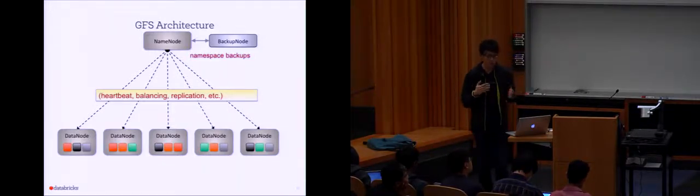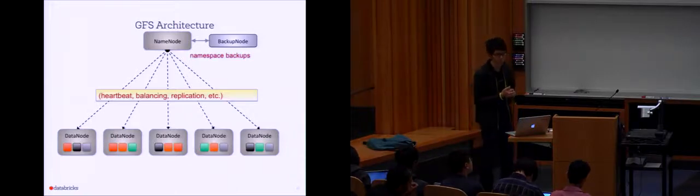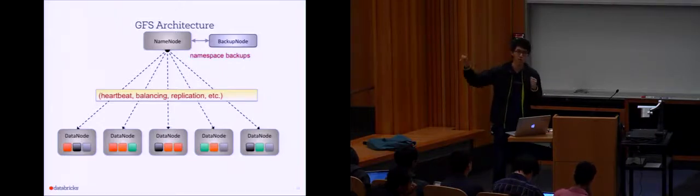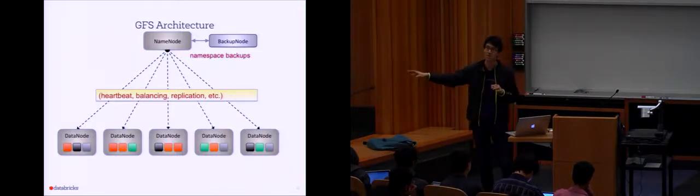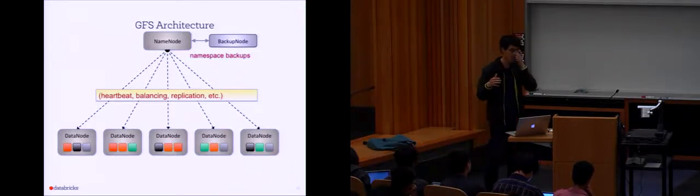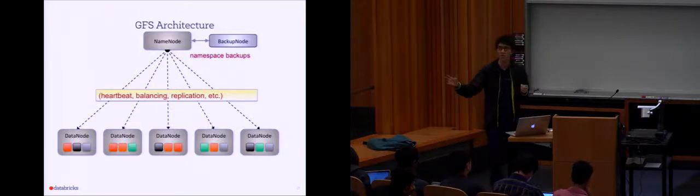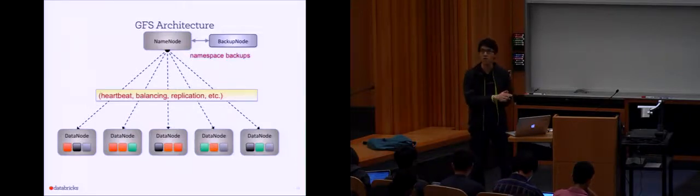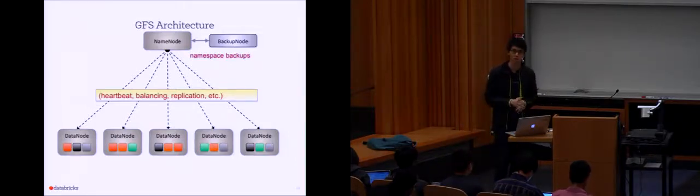The name node is also responsible for a lot of the coordination. For example, you use a mechanism called heartbeat, which is: I'm going to send you a message every few seconds, and if I don't hear back, I'm going to consider this data node dead. Once the name node considers a data node dead, it instructs other copies of the data to re-replicate and rebalance, to make sure you always have 3 copies of your data somewhere in your cluster.